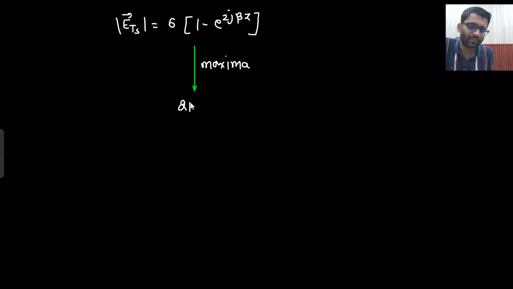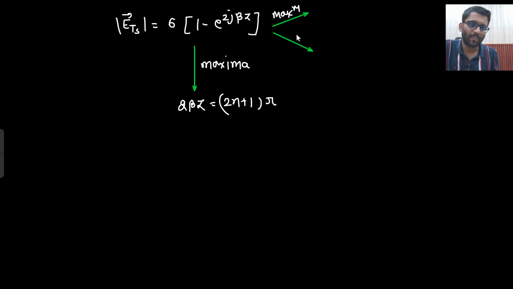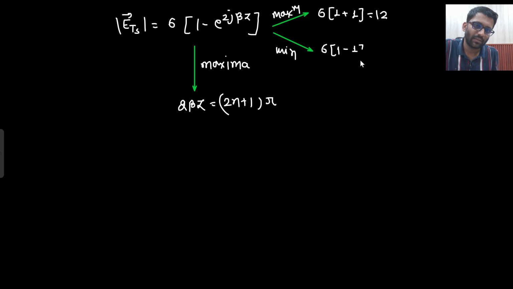So when do I get maxima? 2n plus 1 pi. Why 2n plus 1 pi? Because cos pi is minus 1. So I need it to be minus 1 so that I get the maximum value. So what is your maximum value and what is your minimum value? Maximum would be 6 into 1 plus 1, 12, and minimum will be 6 into 1 minus 1, that would be 0. So from here if I calculate ESWR, it comes out to be 12 by 0,